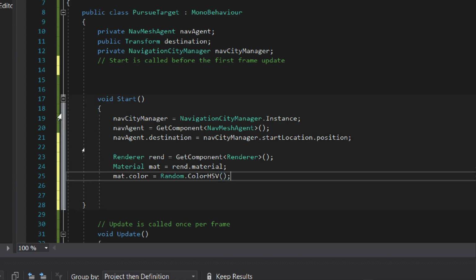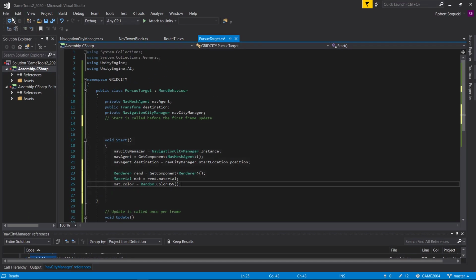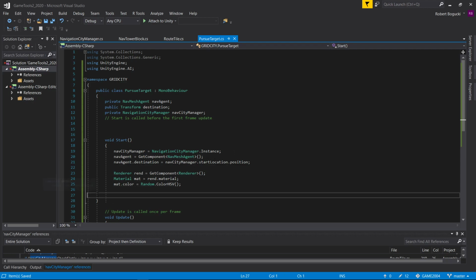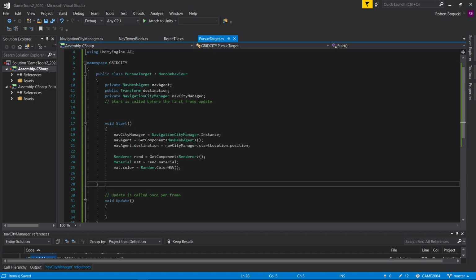Easy peasy. Okay. This will happen as soon as the object gets created. So